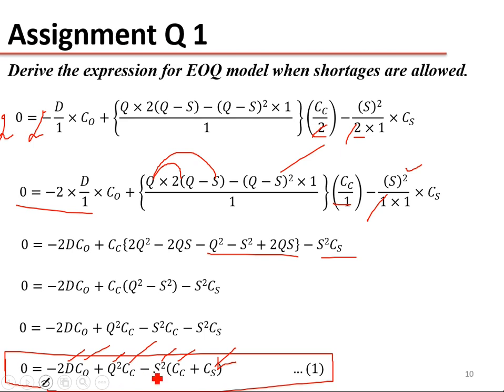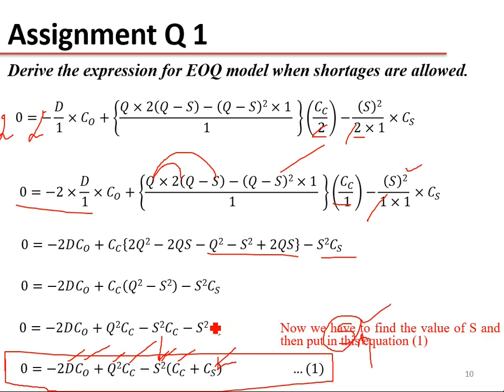So only this Q and S are unknown quantities over there. So we now solve this value in terms of S, and S is another variable. To solve the S value, how many units are there in the shortage? So we again put the derivative dT by dS over there, so that we can find the value of S.